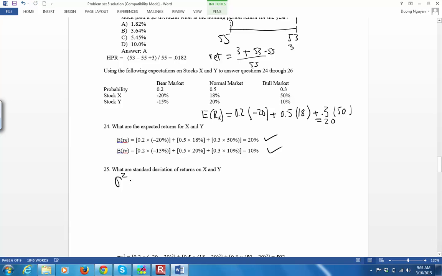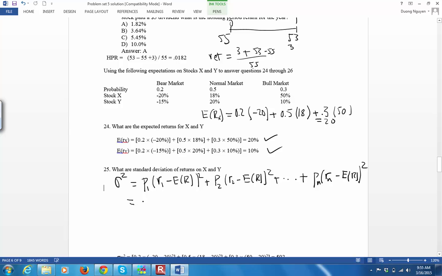First you get the variance, which is equal to the probability P1 of the first outcome times the return in the first outcome minus the expected return, squared, plus you do this for the second outcome, P2 times R2 minus expected return, squared, plus so on until the last outcome, Pn times Rn minus expected return,